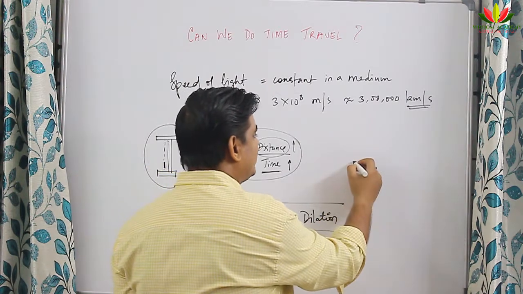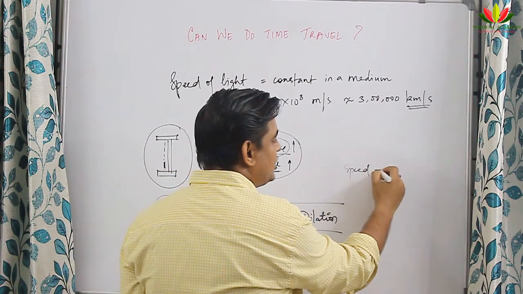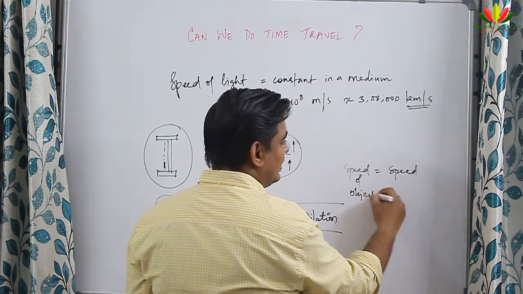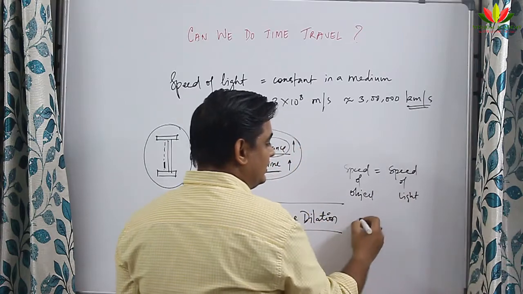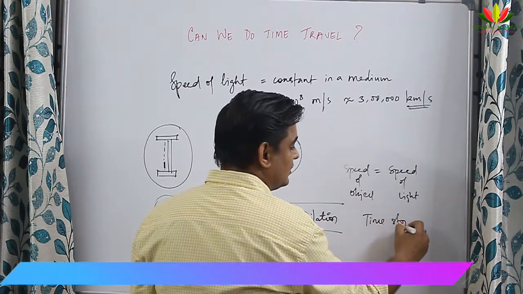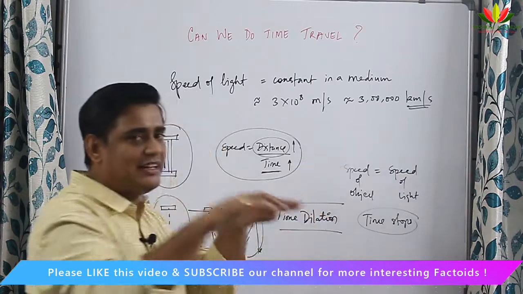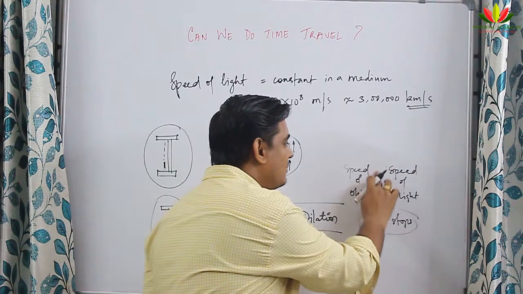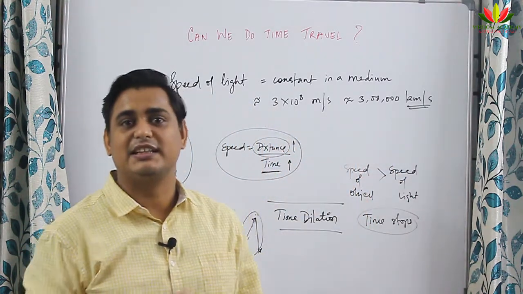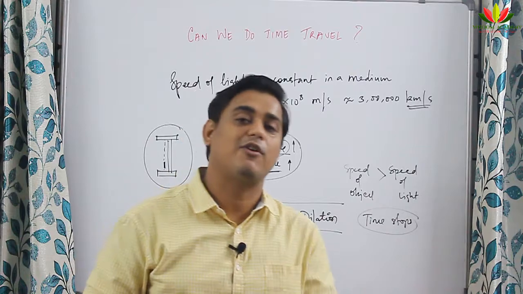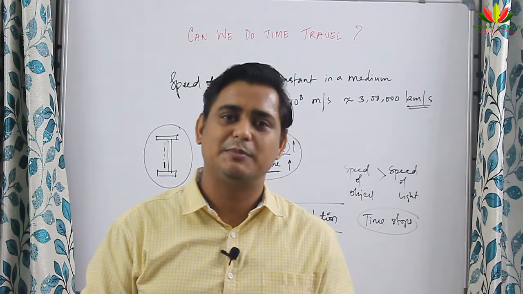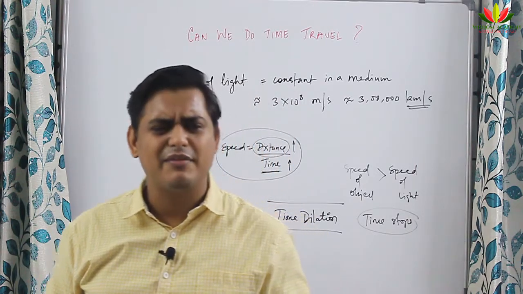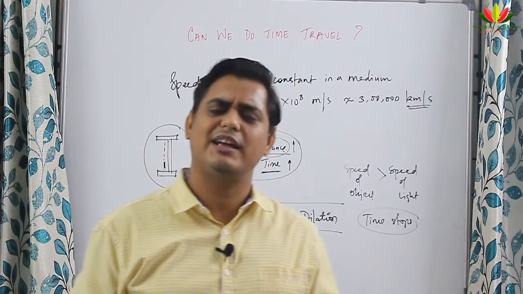So what happens if the speed of the object becomes exactly equal to the speed of light? What will happen? The time stops. So time became slow, and at this speed it stops. When the time stops, what will happen if the speed of the object becomes more than the speed of light? Then time starts going back, and that's why we call it time travel. With this concept, people started thinking that they can go to the past if they achieve the speed of light. But whether we have achieved a speed more than the speed of light of anything,